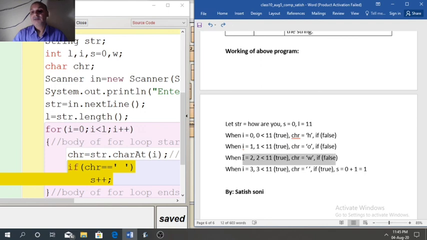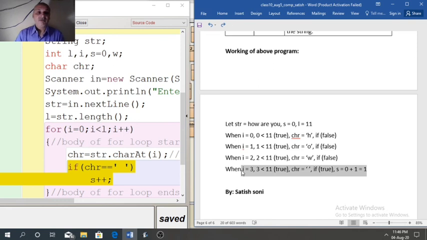Again we don't have space, so again s will not increment. When i equal to 3, this time chr will store space. The if condition will be satisfied, so s plus plus means s equal to 0 plus 1. So the first space is found.